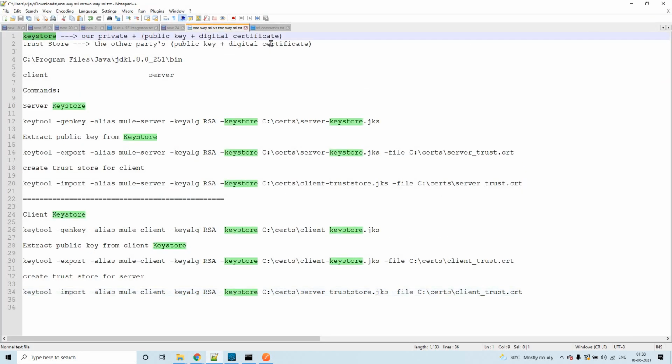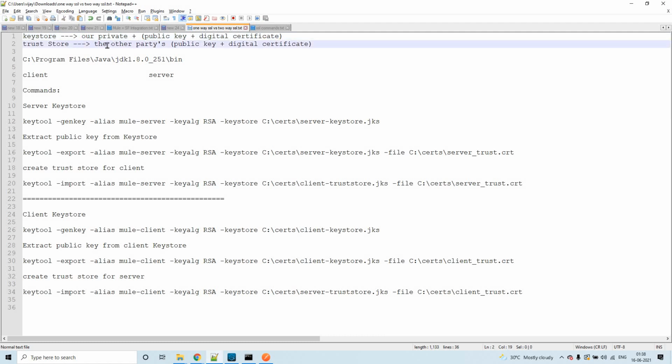Key store will have our keys, as we discussed yesterday, that is the private key and also the public key, and the digital certificate. These are the three things which key store will have, and trust store will have the other party's public key and digital certificate. This is the exact and right one.